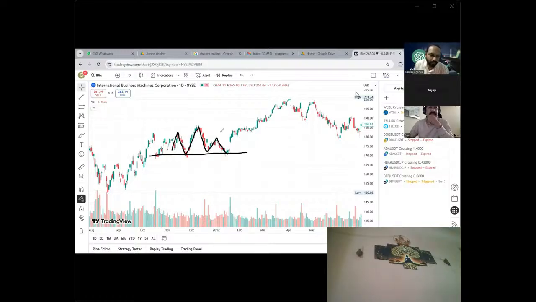What you have to do in this scenario, see here also you can see a hammer is formed. Because you know that whenever a hammer is formed, it means there is a trend reversal, right? You can use it for that. And second thing, if you are still waiting for a short, you can short below the low. Once it crosses the low price of this candle, then you can try to take a short position. Once the candle is complete, then only take a short position. Don't try to take it in the middle.